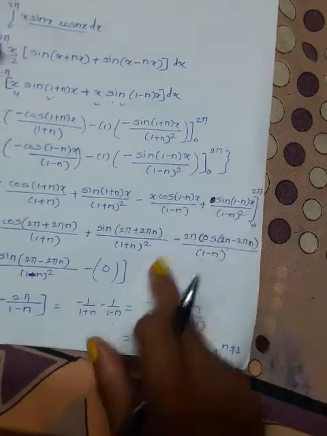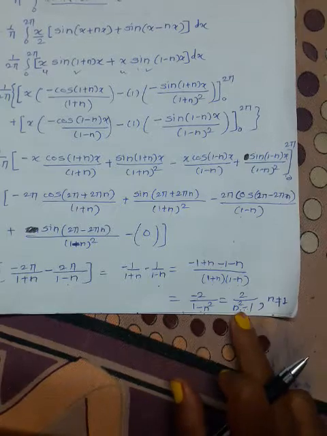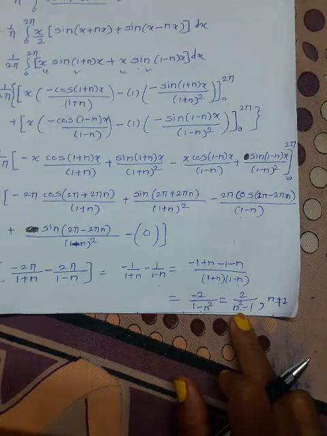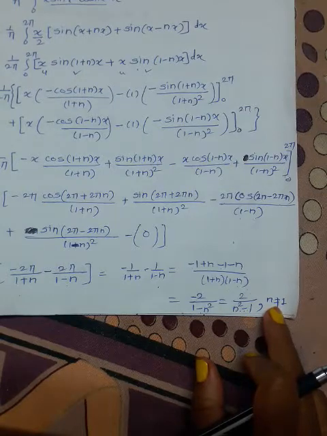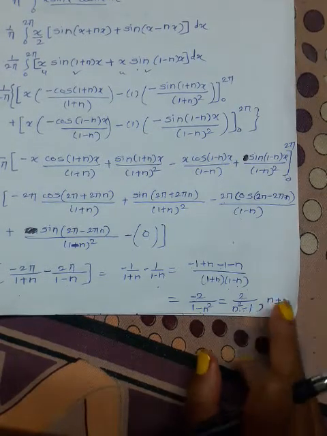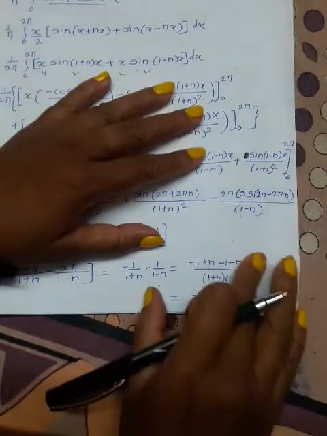Okay, in any example where the denominator is like this, where if you put n equal to 1 it becomes infinity, then we have to make sure that n should not be equal to 1. And in the next step, we have to find out those values for n equal to 1. Okay, now our next step will be